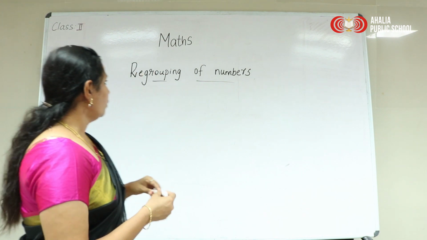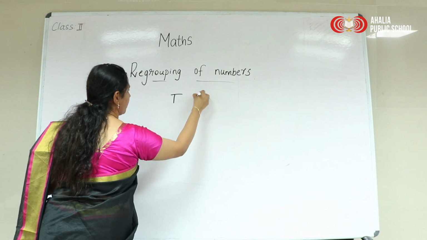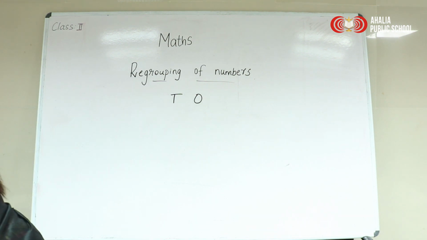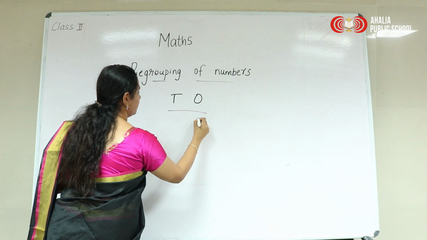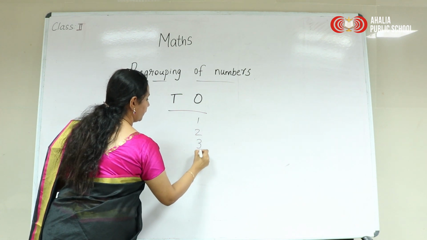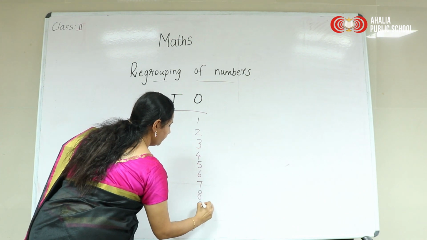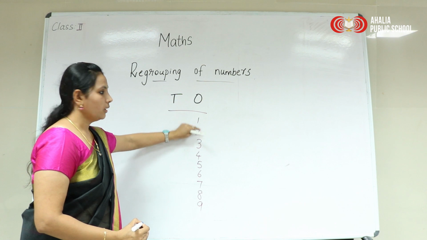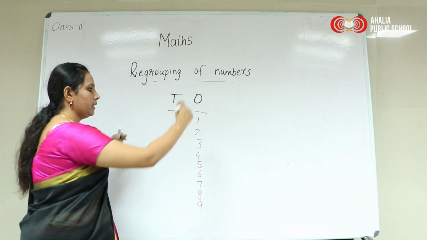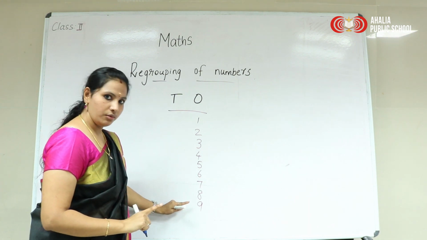Yes, I know you are all clear about the place value, right? The tens and ones place. You are all clear about this. See here, ones place means 1, 2, 3, 4, 5, 6, 7, 8 and 9. See, these are in which place here? Yes, in ones place. These are also called one digit numbers, right?